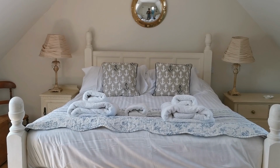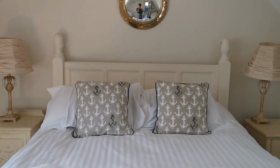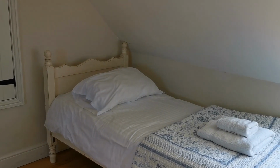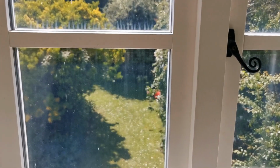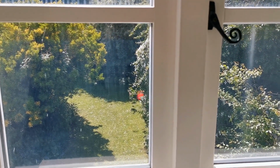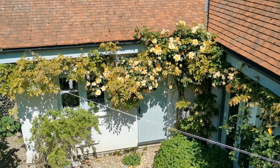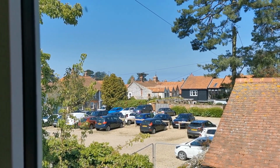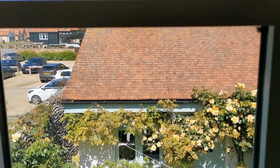This massive, high, painted oak bed frame is a king size with the 2 bedsides, and if I rotate 180 degrees, you'll see again we've replicated the idea with 2 single beds, making this a family room. Dual aspect with these dormer windows to the south, the identical aspect to the smaller bedroom overlooking the garden, and to the north looking down into that beautiful flower strewn courtyard, and with Blakeney High Street and the High Street car park just tucked behind that flint and carstone wall that runs all the way down the western aspect of